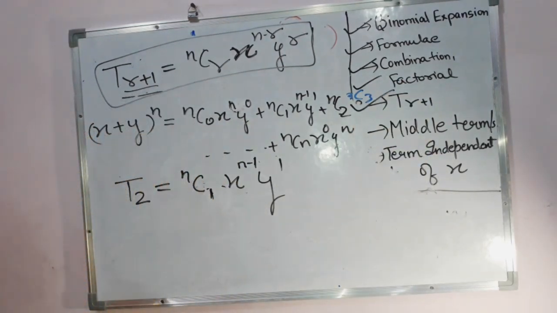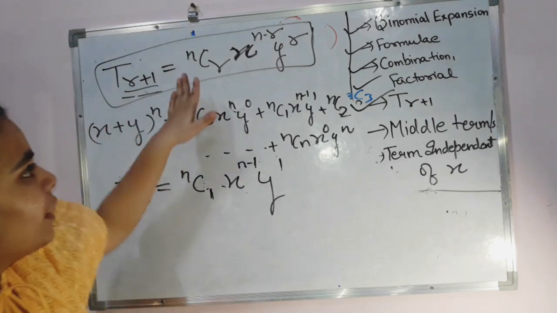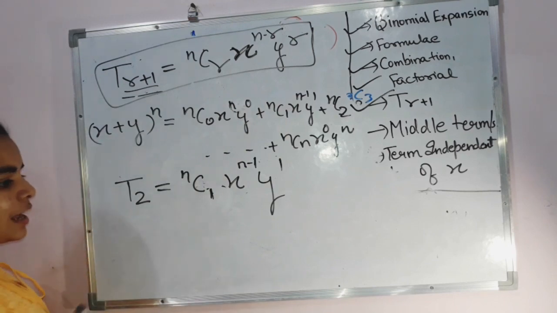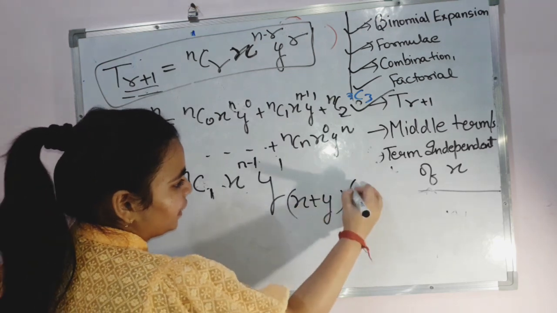Now after this, just two simple things are left out. First one is a middle term. How are we going to get the middle term? Formula you have to apply the same. Now what will be the condition? If suppose I have got a formula like this, means my expansion has to be made of this thing.